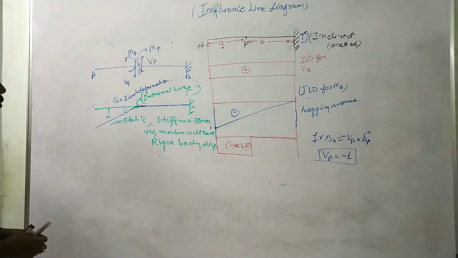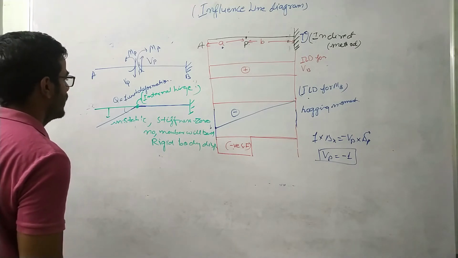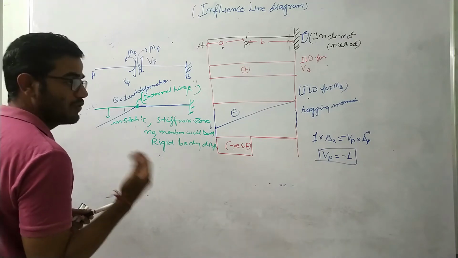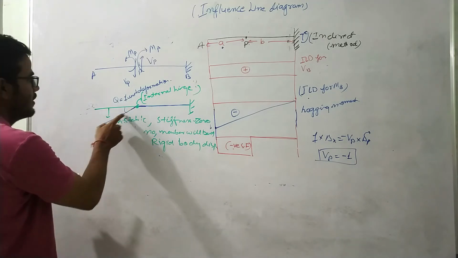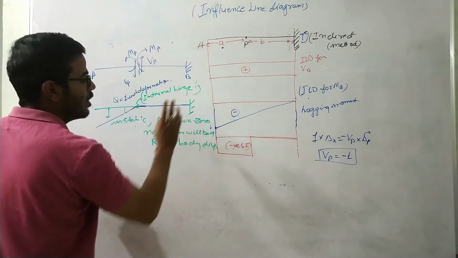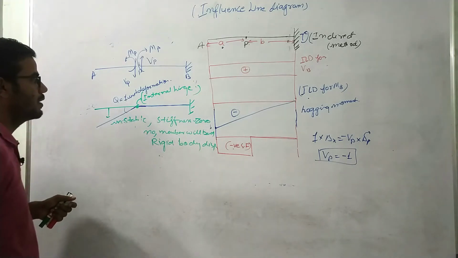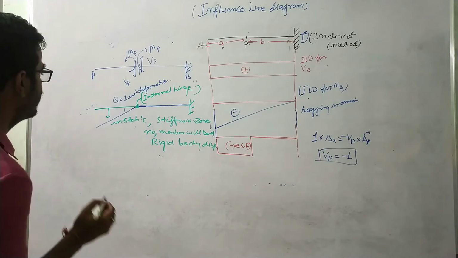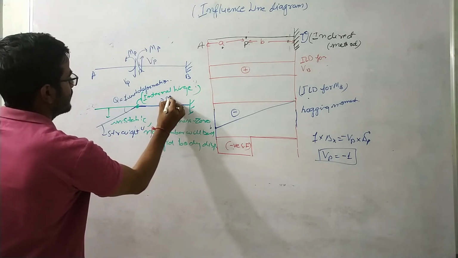So this is the important part over here. When we provide an internal hinge at this point, this beam becomes unstable. So there won't be any deformations, there won't be any bending in any of the members. This beam will behave as a rigid body displacement. So rigid body displacement is possible in this portion only. Here this fixed support is not allowing any rigid body displacement, so this will remain straight only. So you can say that these two lines are straight lines, and again this is a straight line.